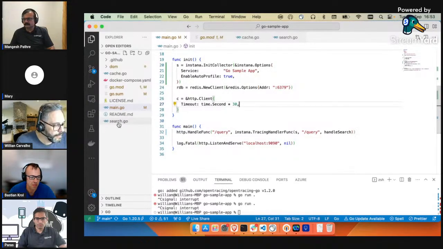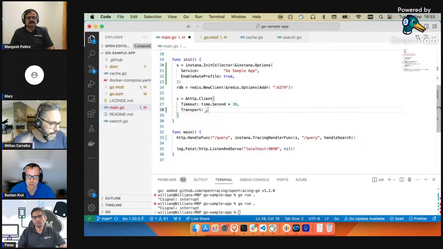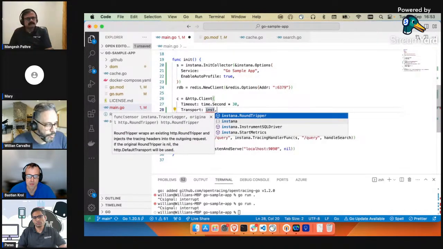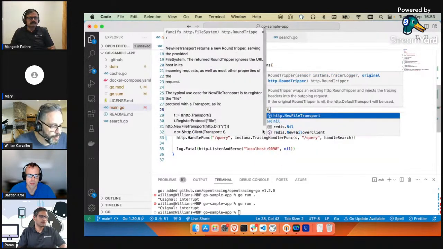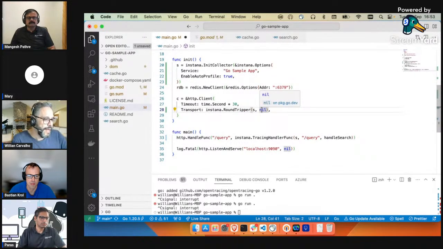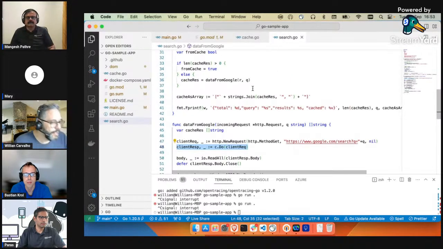For that, here we have our client, and this is the standard Go transport, right? But instead of providing some specific round tripper, we can provide our own wrapper here, and that's it. If you had a round tripper before, that's what the new one is about. So this one will actually be wrapped by our own. This is the first change I mentioned before. There's another change which we need to do because we want to have the correlation between these spans.